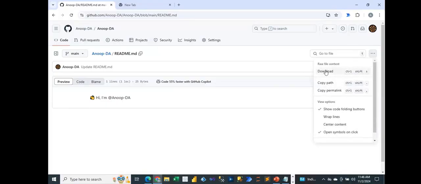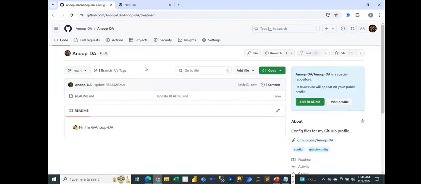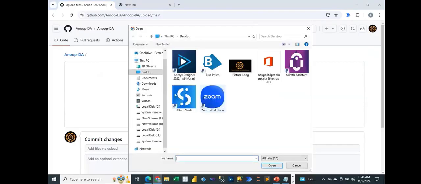So if I need to upload a file, what I can do is, if I want to download this, I can download it. And if I want to upload a file, I simply click on this repository, Anoop DA, which created this one. And here I can see this Add file. Click on this and you can see Upload files. Click on upload files and you will see Choose your files. Okay, I clicked on this and now,